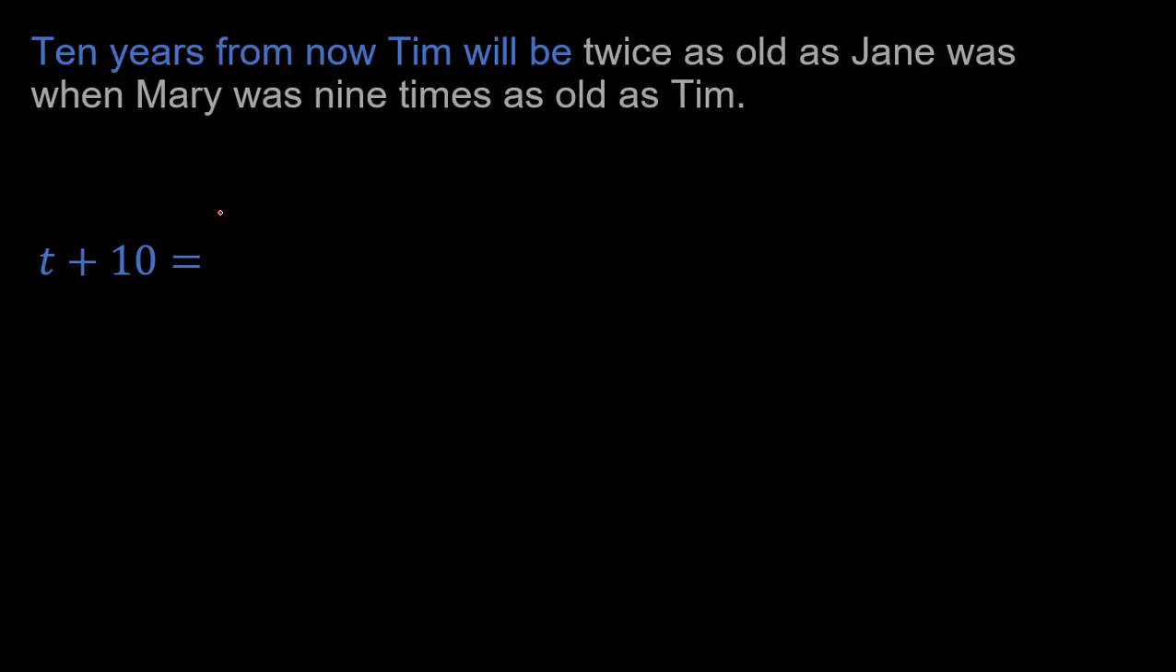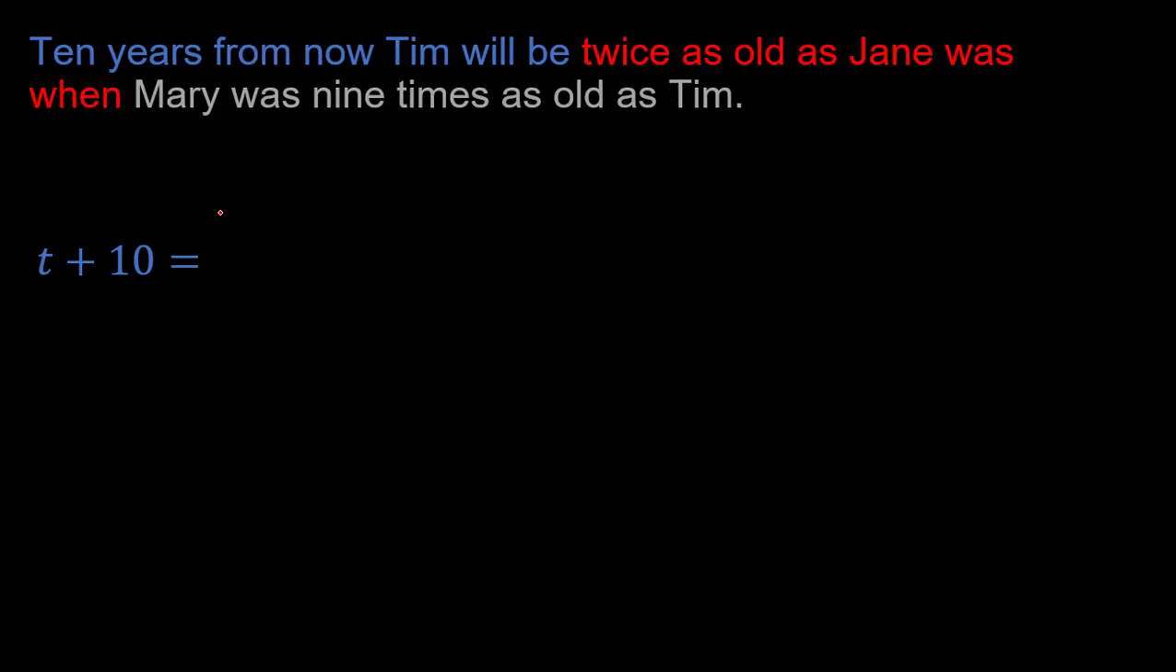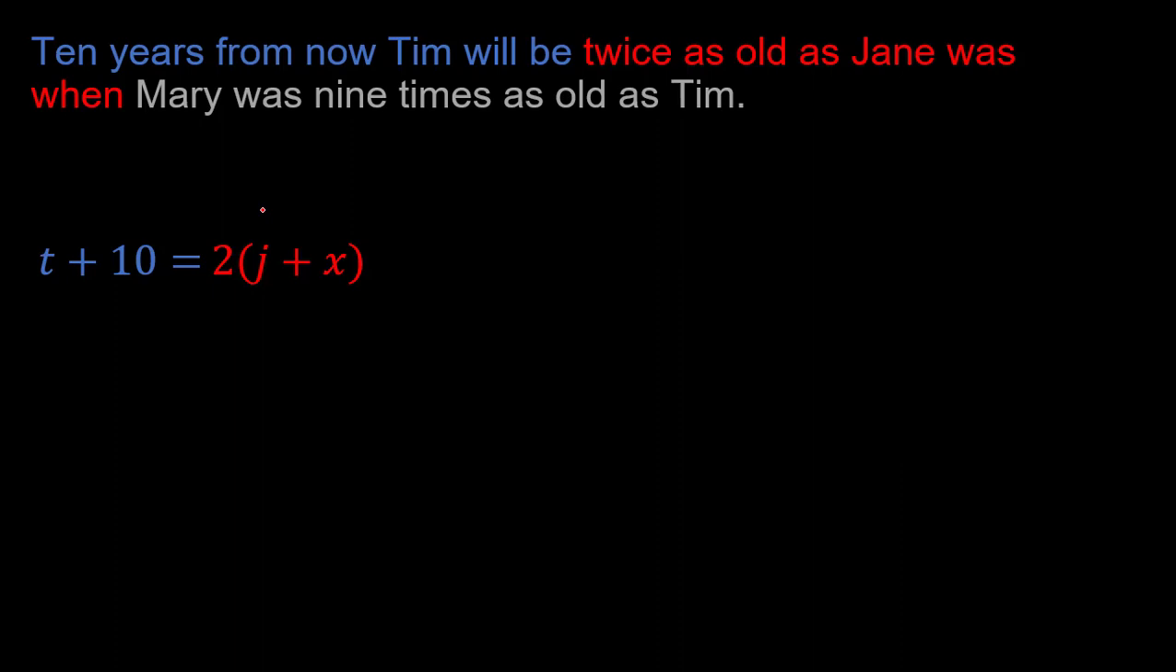So moving on to our next part here, what is this going to be equal to? He will be equal to twice as old as Jane was when. Okay, so the twice as old part, that's easy. That's just the 2 we're going to put out front here in our equation. 2. And Jane's current age is just given by this J right here. But this X